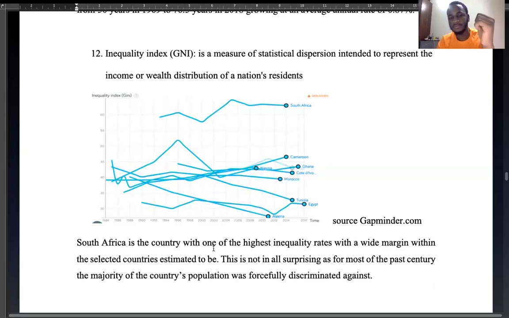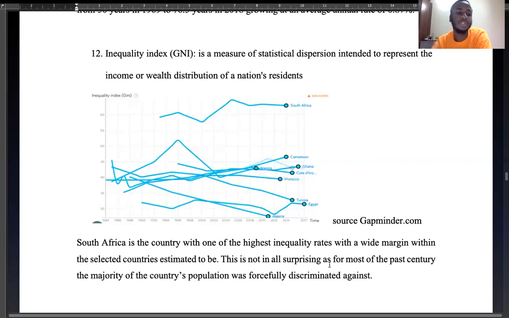South Africa went through some things; their citizens have gone through worse than I've seen in any country in West Africa or Africa at large. So South Africa is the country with one of the highest inequality with a wide margin within the selected countries. This is not at all surprising as for the past century, the majority of the population were forcefully discriminated against, because South Africa during the